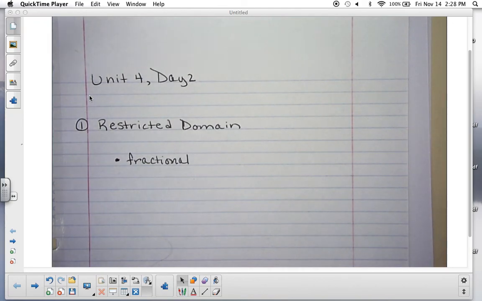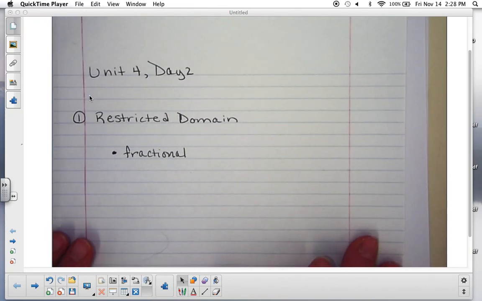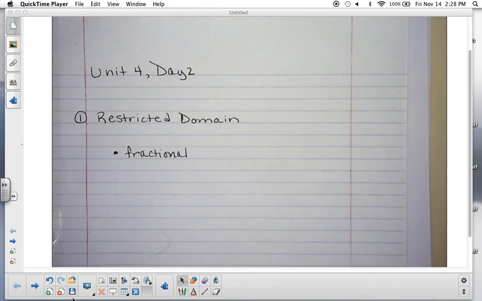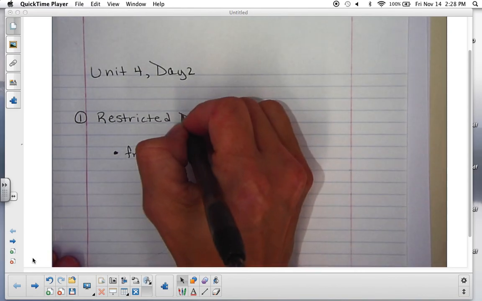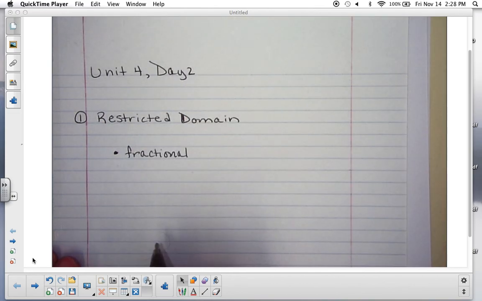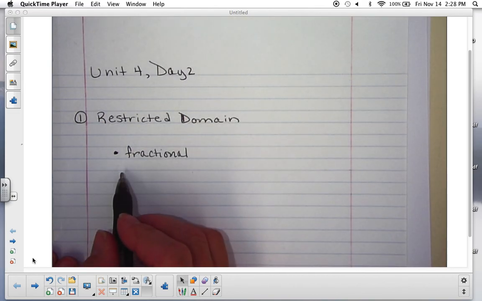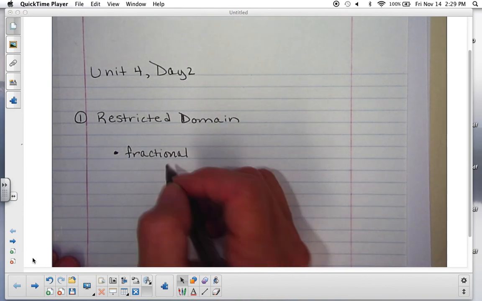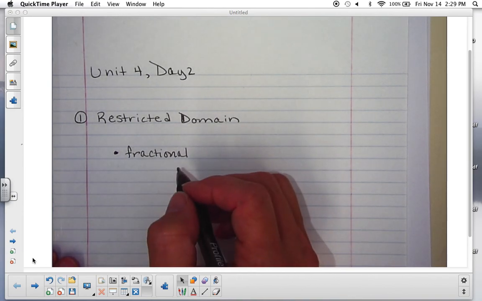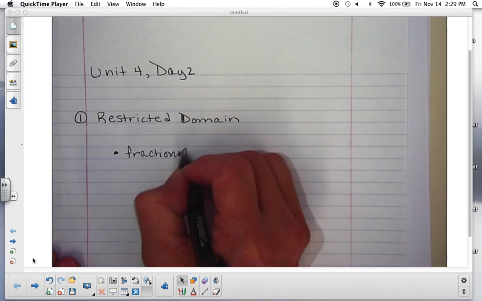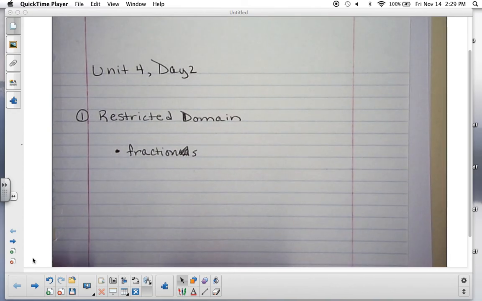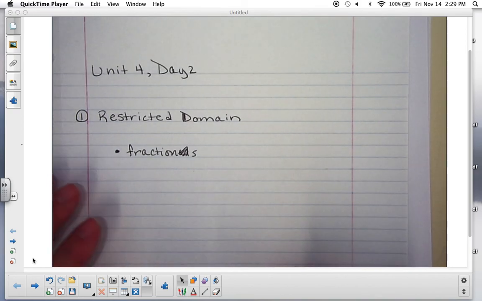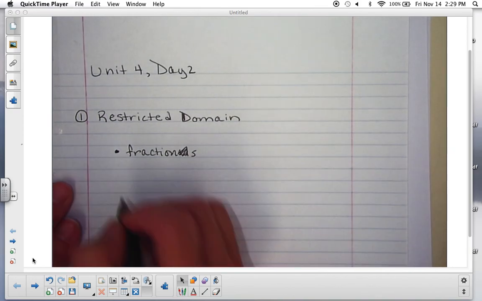Hi everyone. Unit 4, Day 2, we've got two big ideas to look at today. The first one is restricted domain, and that's looking at special functions where we have to put a restriction or a condition on the domain to make sure that we actually have a fraction. There are three special situations. Situation 1 is fractions. I started to write fractional equations, which would also be okay, but fractions, when they're in